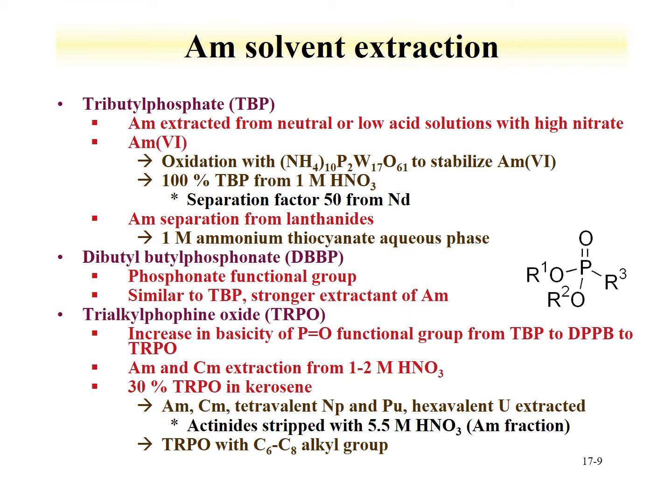Nominally trivalent metal ions, and what we discussed previously, show that you do not have high solvent extraction. Conditions can be achieved to have the high trivalent metal ion extraction, but with americium, one can make the oxidized americium-6, and then that would achieve a separation based upon the fundamental chemistry of the tributyl phosphate that we described